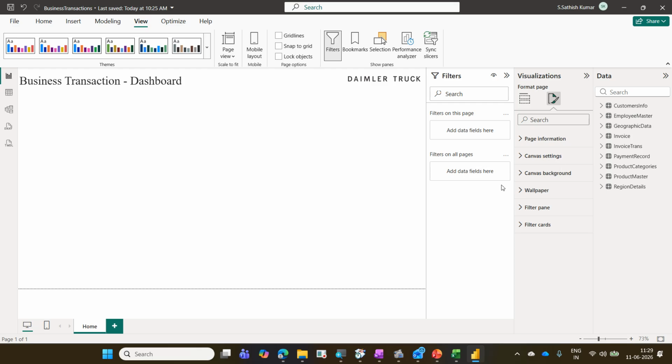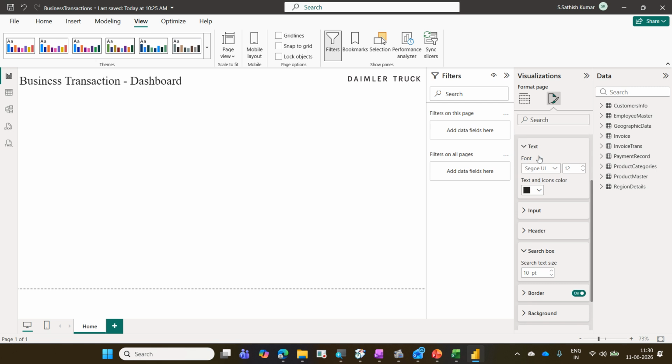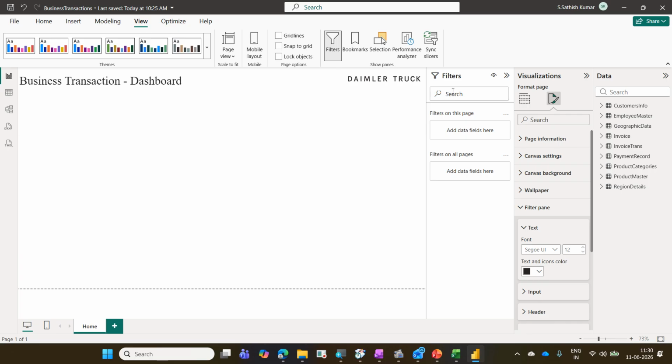That's your wish. So I'm not going to make any changes here, because we are not going to publish it in our reporting. So this is your wish. Whatever font size and other things you want, you can put it here. But I'm not doing anything on the filter pane and filter card. Okay. Now let us insert some